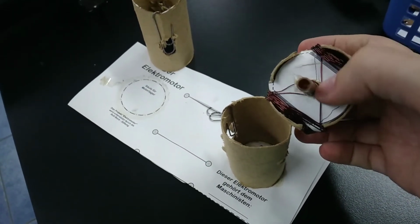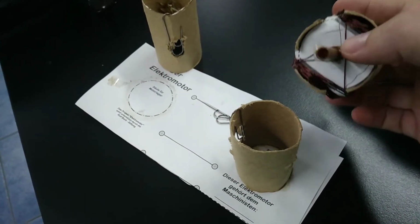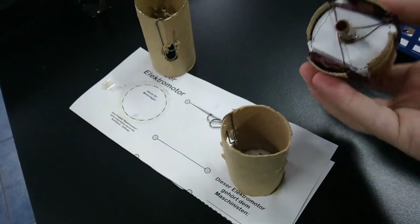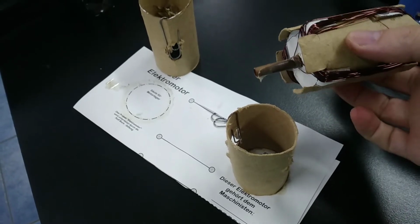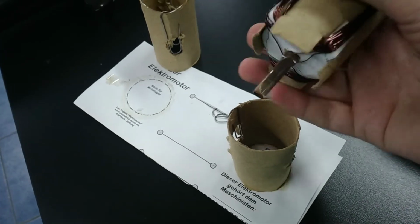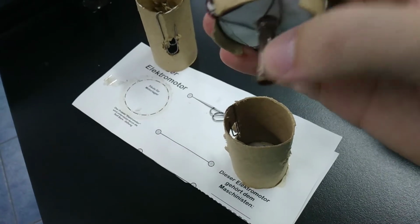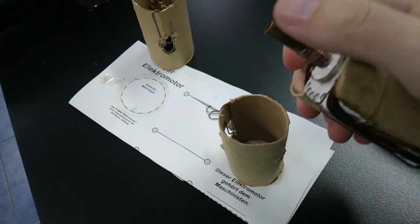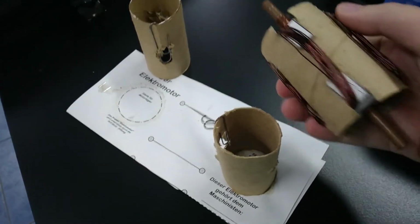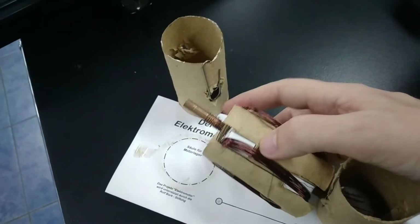So the crossing, if you make this, look closely at this one that I've already made. This one works. So if you decide to try to do this, you've got to mimic this guy. You've got to look at how this one was done and do it like this. In the end, the way that you get it to work is by putting a piece of standard Scotch tape over half of this, and same thing on the other side. And that's how you get half of this thing to be non-conductive and the other half conductive, and that's how you end up getting a functional motor out of it without having a,